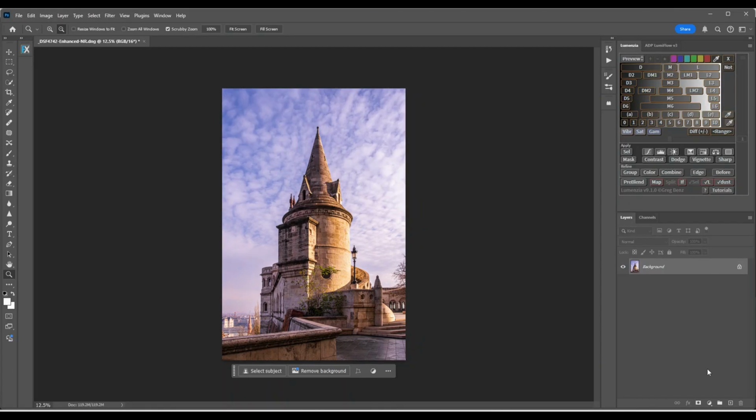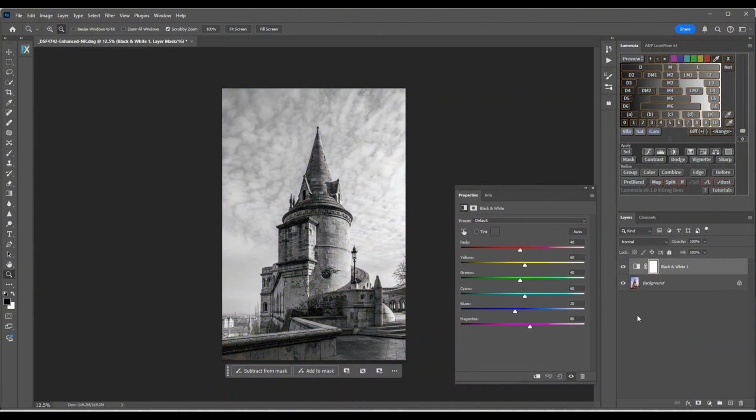And I'm gonna go down to the black and white circle, like I showed you in my previous videos, an adjustment layer, and I'm gonna click on black and white. Let's turn to black and white. I'll leave the sliders how they are,